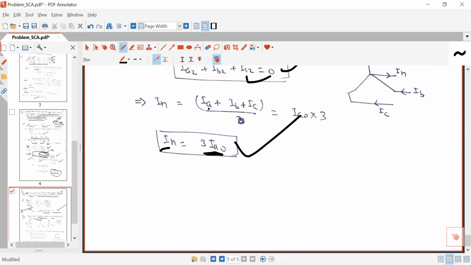So this is all about the problems related to symmetrical component analysis. In the next lecture, I will discuss how to derive three-phase power in terms of symmetrical components, how to derive three-phase power for an unbalanced power system, and then I will discuss sequence networks and sequence impedance. Then I will teach you how to draw the zero sequence network, positive sequence network, and negative sequence network for a given unbalanced power system.